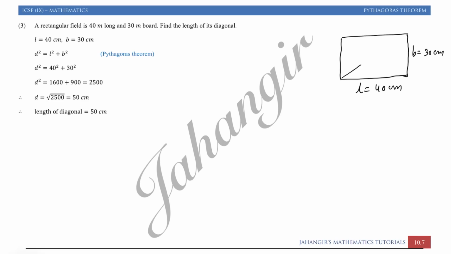We have to find diagonal. So we know each vertex of rectangle is 90 degree. So let us name as A, B, C, D. You can say ABCD is a rectangle and D is the diagonal which is considered as hypotenuse side. So by Pythagoras theorem,